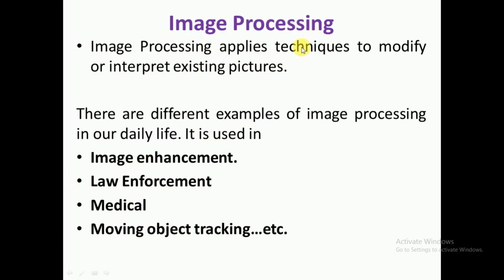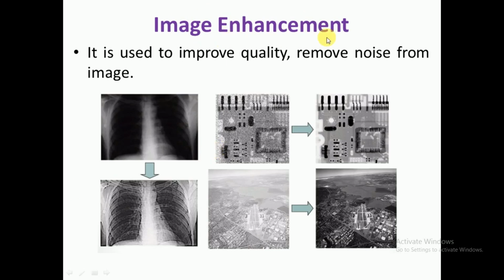Some of the examples we will see. That is image enhancement. It is used to improve quality and remove noise from an image, right? Originally you have captured the image with some problem like this, but if you want to improve its quality, then you see how we improve it, again by using image processing. Image processing is again an application of computer graphics, right? You have taken an image through your real camera like this, but by applying a computer graphics image processing application, you have processed that image like this. You enhance the quality and remove the noise. All those can be done by image processing.